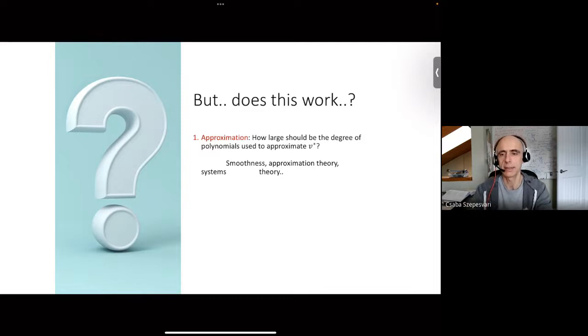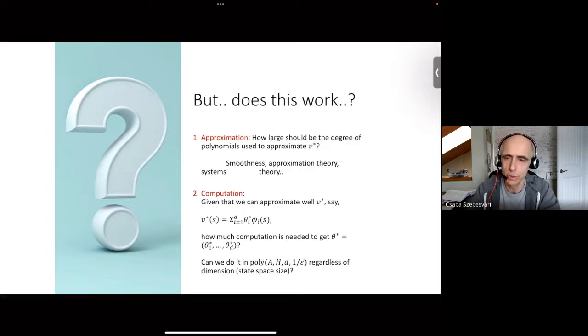because you have the systems and then you are asking about the smoothness of the value function. Can I choose some basis such that the value function can be represented with just a few basis functions? This is a smoothness approximation theory question, and also a systems theory question, because the value function is implicitly defined in terms of the dynamics and the rewards. It's not explicitly given to us. It's an interesting set of questions, but not the one that the computer scientist would ask. Computer scientists would ask the question regarding the computation, but okay,